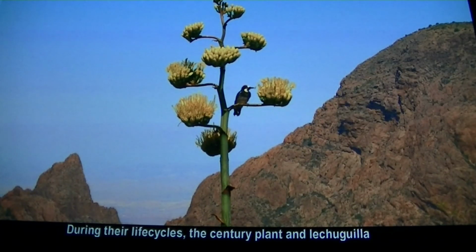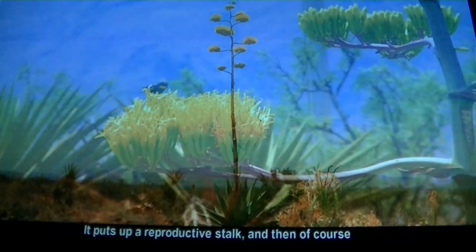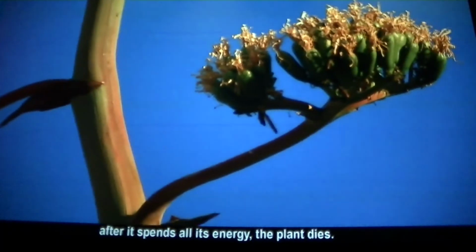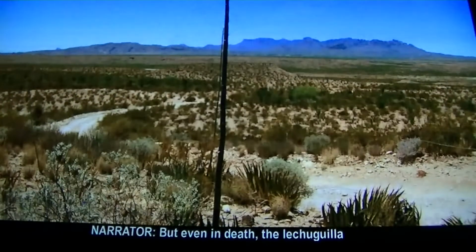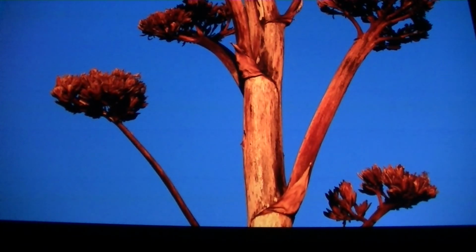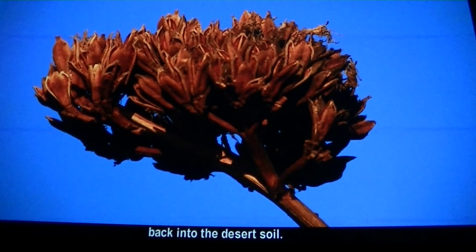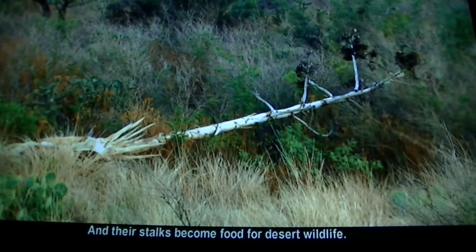During their life cycles, the century plant and lechuguilla will bloom only once. It puts all its energy into a single reproductive event. It puts up a reproductive stalk, and then, of course, after it spends all its energy, the plant dies. But even in death, the lechuguilla and century plants sustain life. The dead biomass returns precious nutrients back into the desert soil, and their stalks become food for desert wildlife,